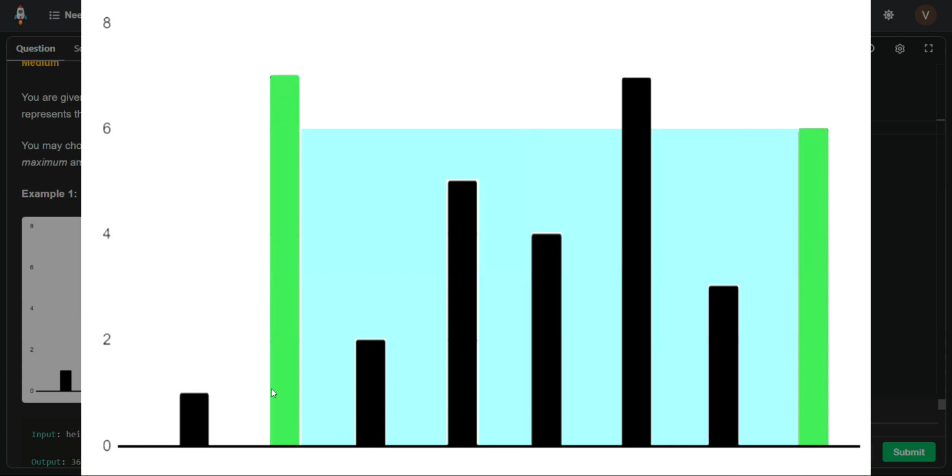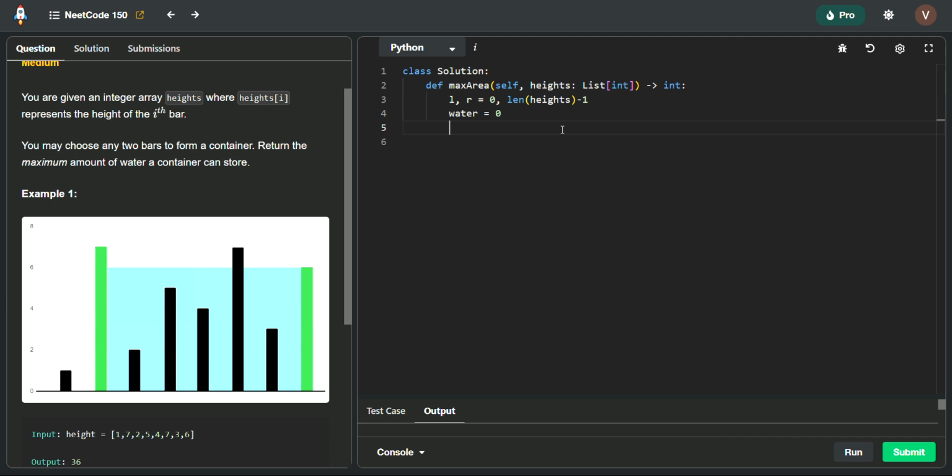Then we obviously say to ourselves, well, this is kind of a small height, this is a better one, and then we calculate our height for this, and this is our optimal solution. So we keep water at 0, and return the max of water and the area to give the best possible solution. So we say while L is smaller than R,